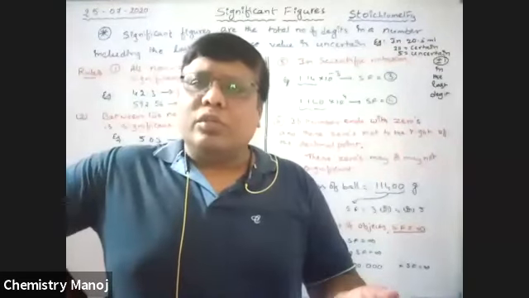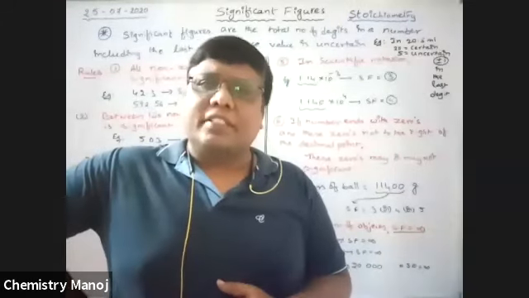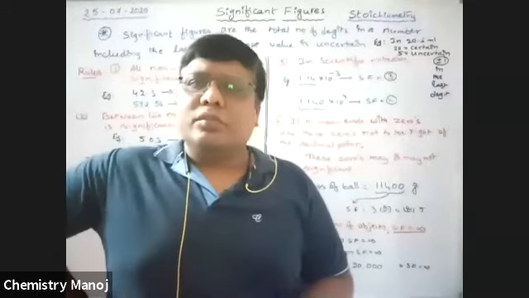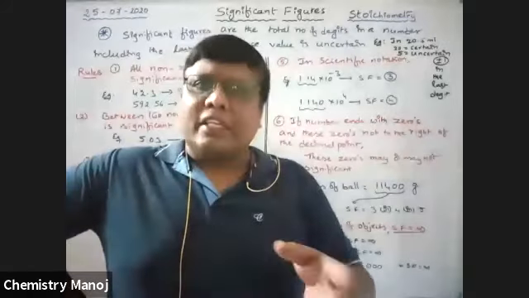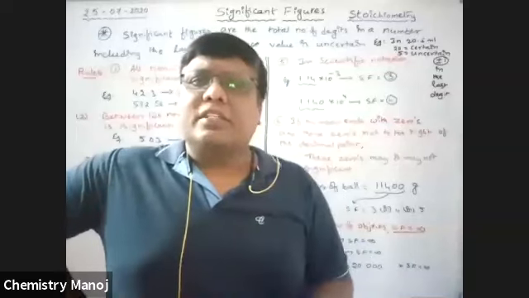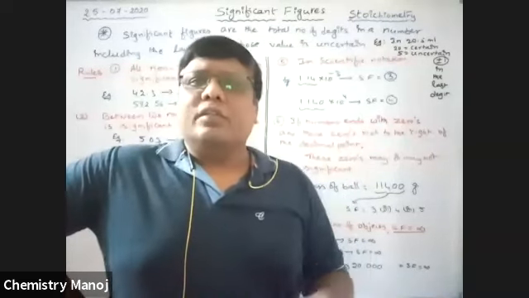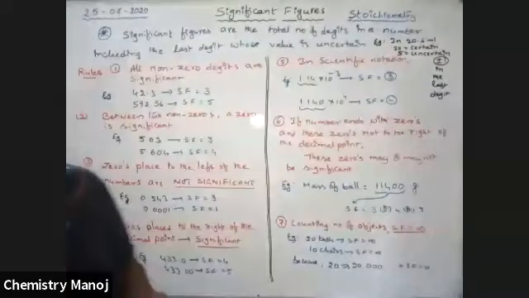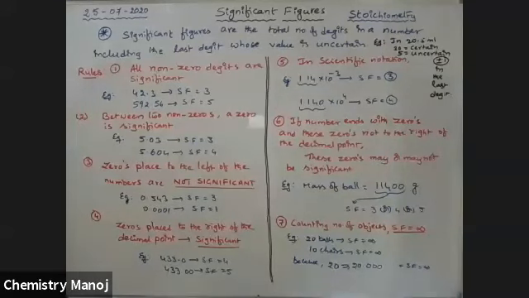So how to notate significant figures? There are certain rules to identify the significant figures. So what are those rules? I will explain. Please stay here. Very, very important. What are these rules to identify the significant figures of the value? Please try to remember these rules. Very, very important. Please take a screenshot. So I will explain the concept.